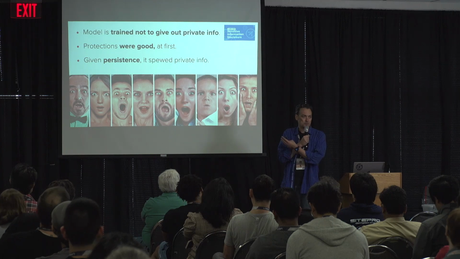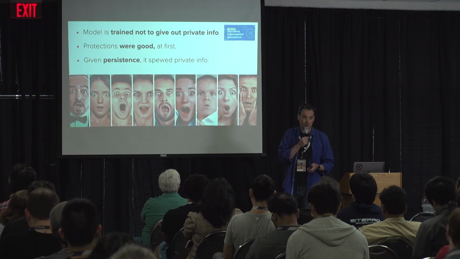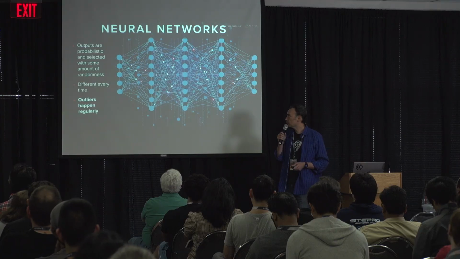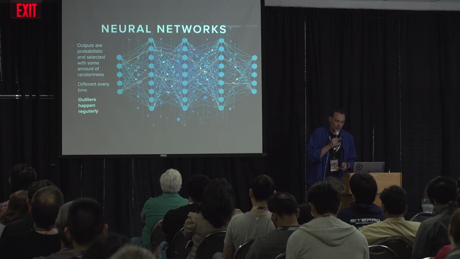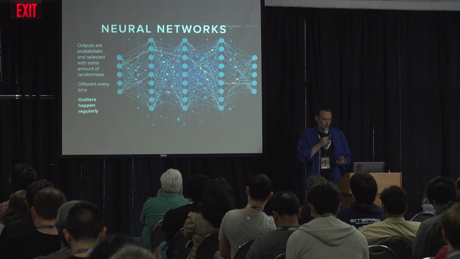Because these things have an element of randomness, and because it's probabilistic, you just have to keep trying. That's it. Neural networks are random. Outliers happen regularly. By the way, as another example of this,